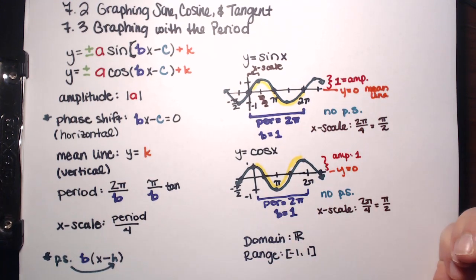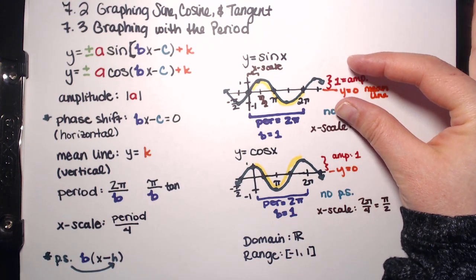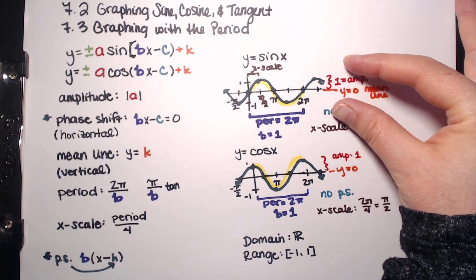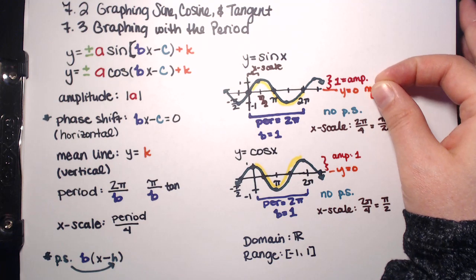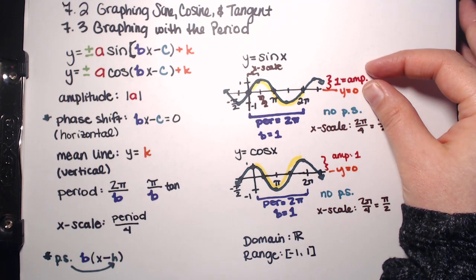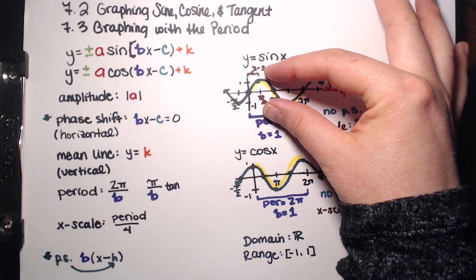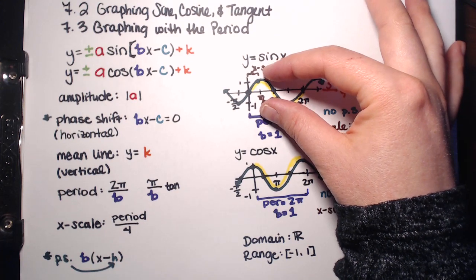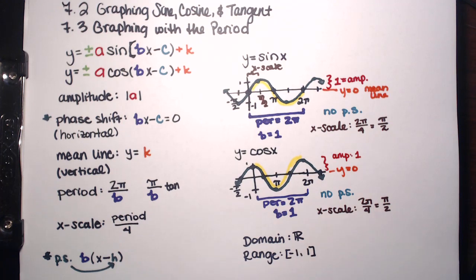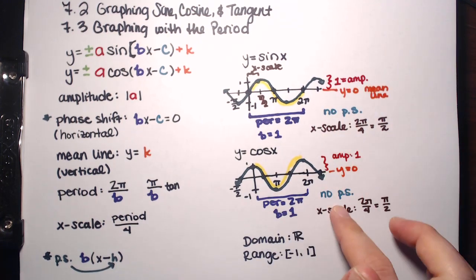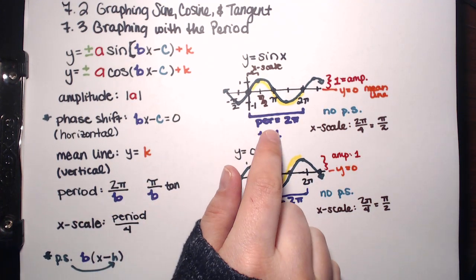So when I say amplitude, it's just basically if you took the maximum and the minimum values, so 1 and -1, what's halfway between that is 0. That's your mean line. What's the distance between that? Is 1. So the amplitude is what's half of the distance between the maximum and the min. That distance would be 1. And then the phase shift, there isn't phase shifts on these because that's moving the function left or right. And then the period is 2